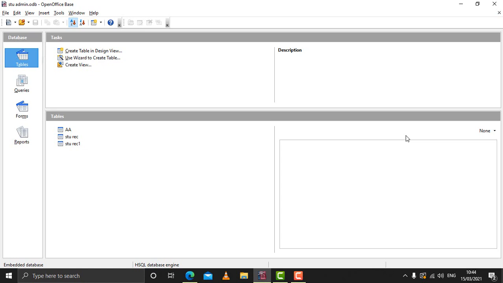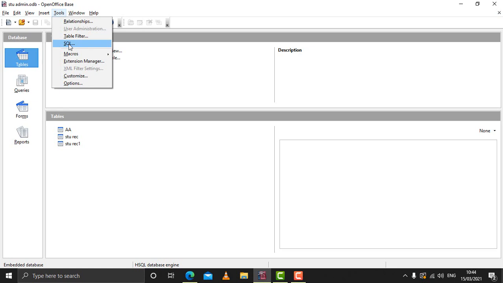So now we will see how to execute a command in SQL. If you are using OpenOffice Base and you want to execute an SQL command, you need to first open a database, and then go to the Tools menu, click on Tools, and from there click on SQL.